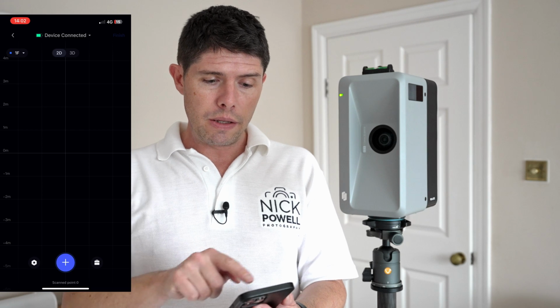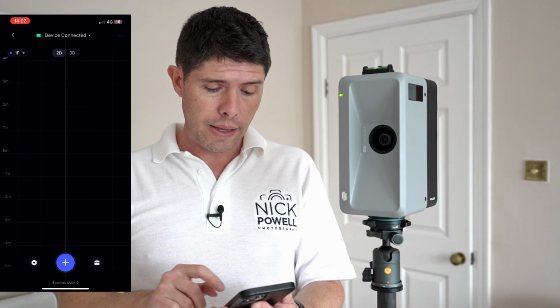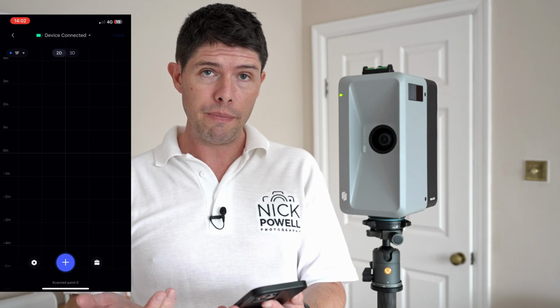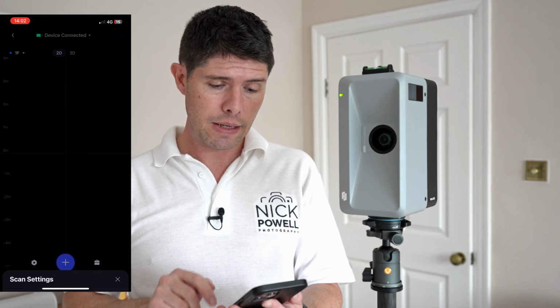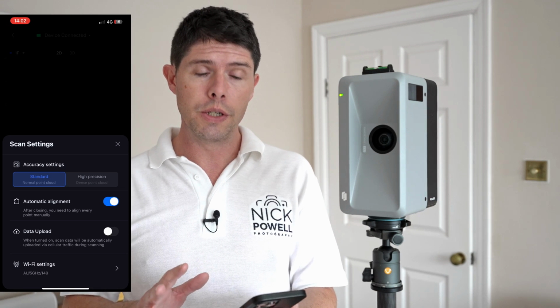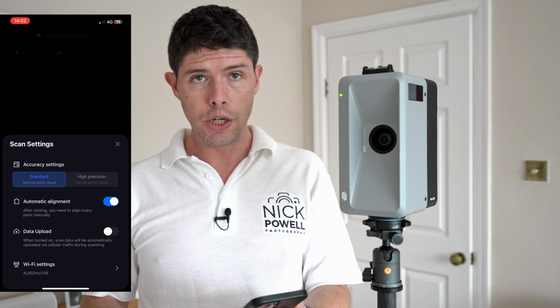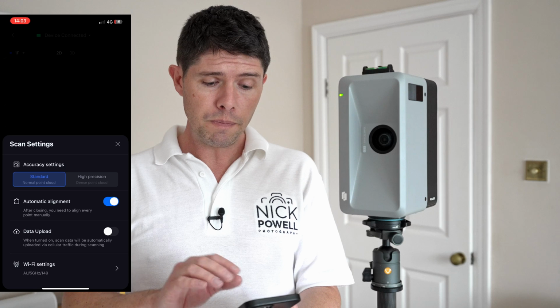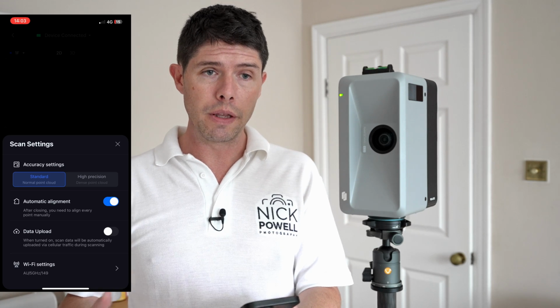2D and 3D is the view of the scan, so we'll take a look at that in a minute. And then you've got the plus button at the bottom in the middle, which is your scan button, and then to the left of that we've got the scan settings. So as I mentioned earlier on, there are two options. So you've got standard and high precision. Most of the time you'll be using the standard setting, but if you are doing anything that is going to